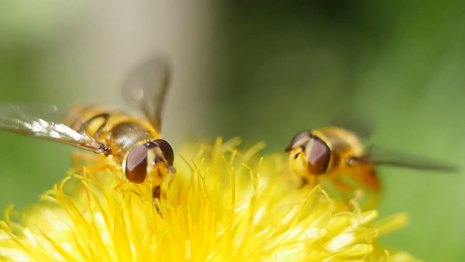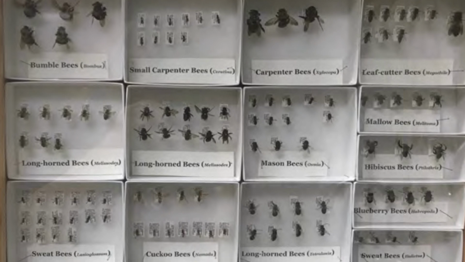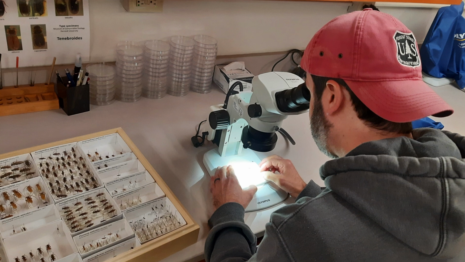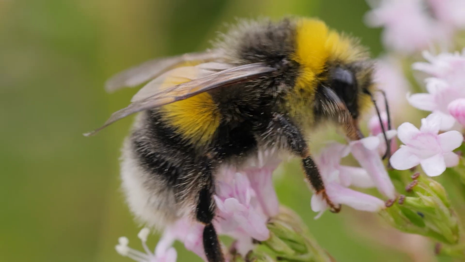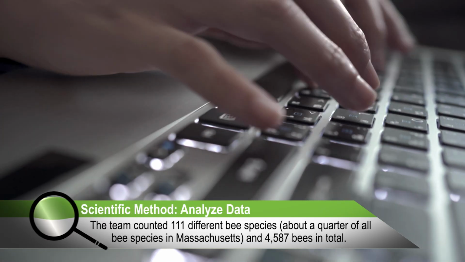And so then once you have these bees, we then take them back to the lab and then we do a whole bunch of processing with them so that they can get to the point where we can put them under microscopes and then identify which species they are. Clever. So after 2 years of collecting information, the experiment was over.